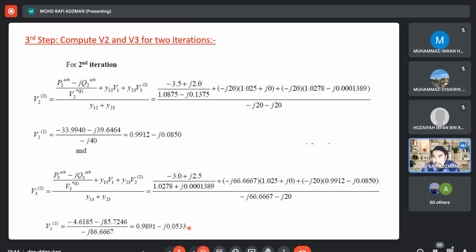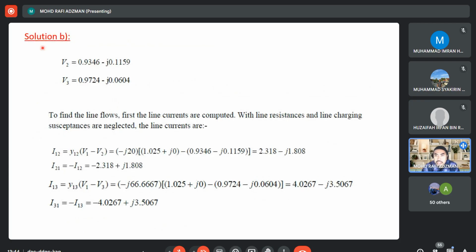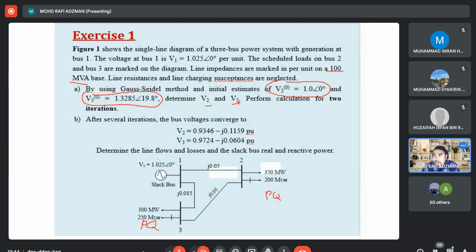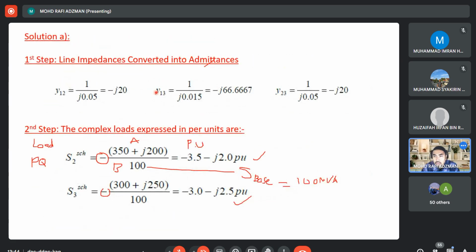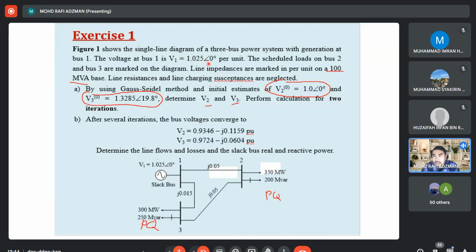Okay, so done for question A, because it just asks you to do 2 iterations. Okay, stop, continue, question B. In question B, it gives you the value V2 and V3. Okay, so you use this value to find line flow and losses and the S1, which is real and reactive power. So from these two values as well as V1 equal to 1.025 angle 0,